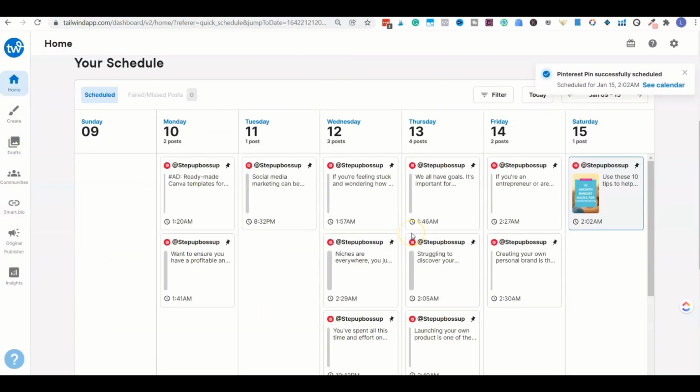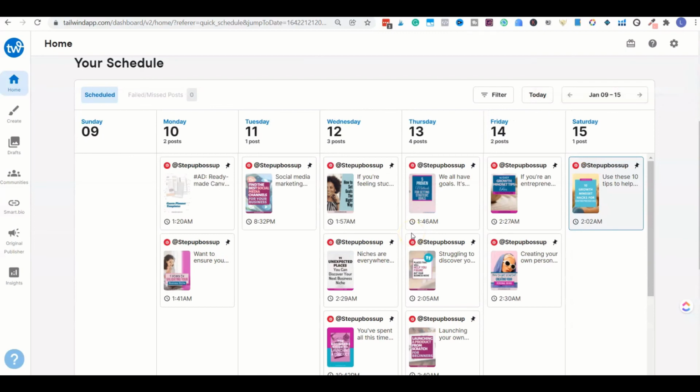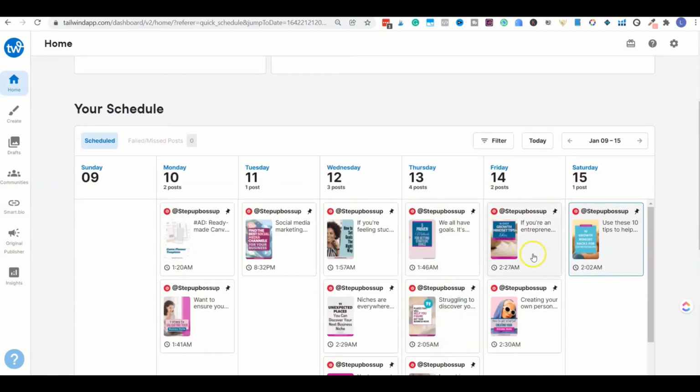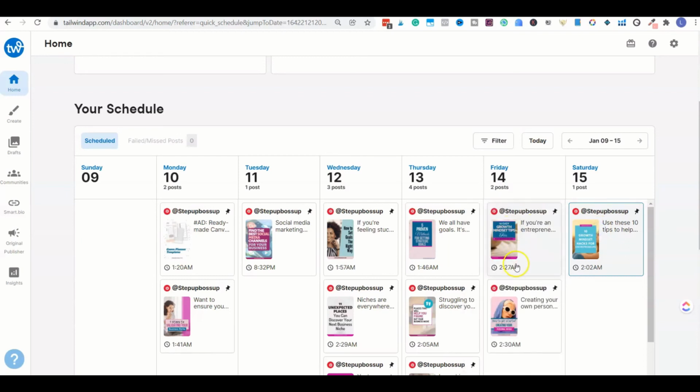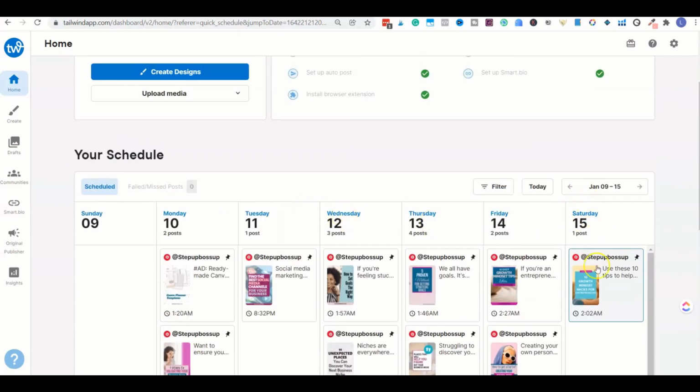And once all those pins have been scheduled, it takes you back to your calendar schedule, and it will show you all the posts that you have just pinned. So you can see that's one of the pins that I've just scheduled in, and I can see that this is for next year, January. So it just shows me my last post, the first day of my last post actually going in,